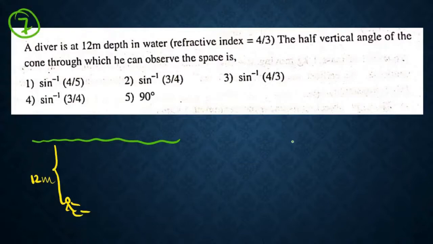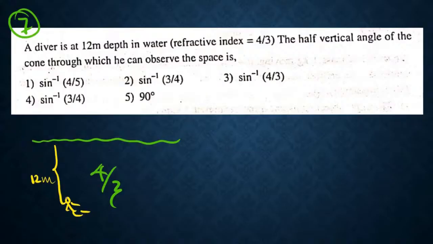A diver is at 12 meter depth in water. The refractive index is 4 over 3. The half vertical angle of the cone through which he can observe the space is... I hope you have done this type of questions. So the cone means, actually here what happens is that,